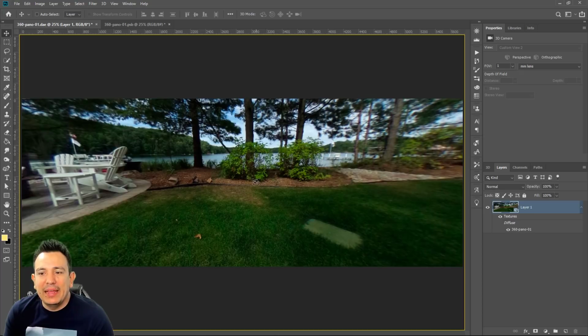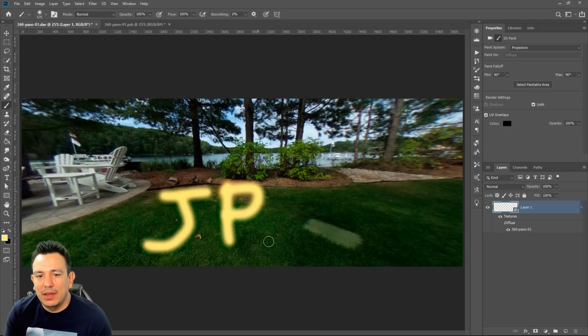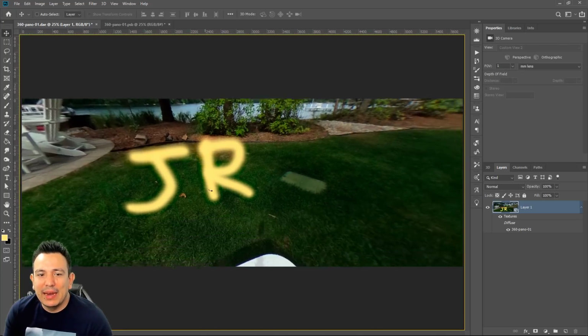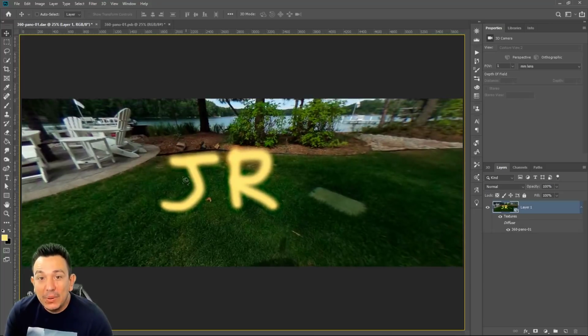document. And I want you to notice one thing. You can grab the brush tool and you can just paint something. So I'll just write my initials, JR, right? So I just paint it right on that 360 image, and I can click and drag and the JR stays, which is super cool. But unfortunately, we're working destructively, and you always want to work non-destructively when you're working in